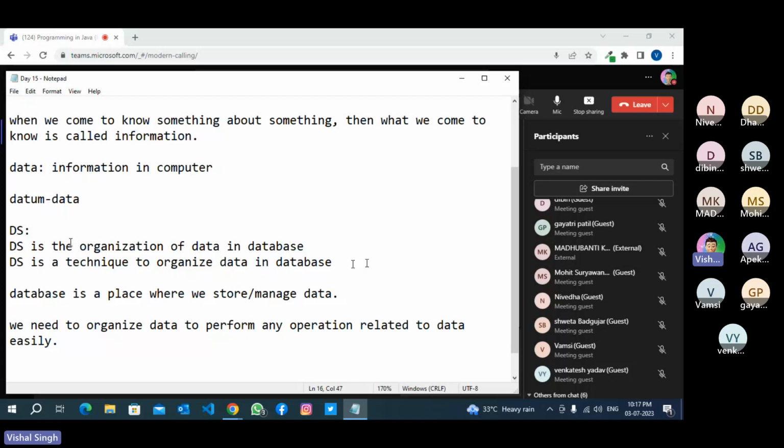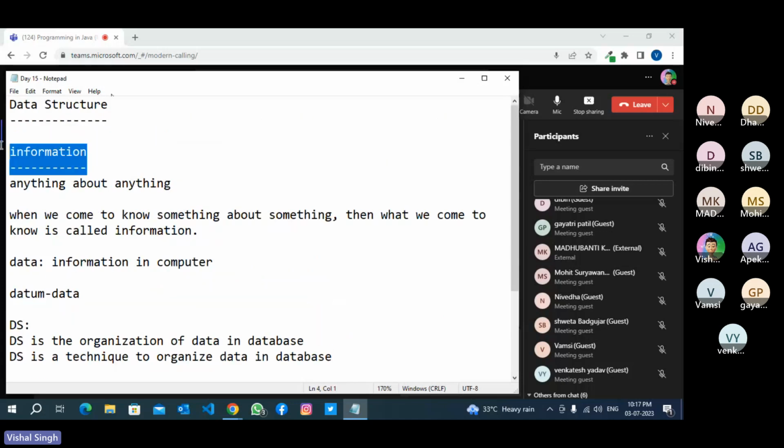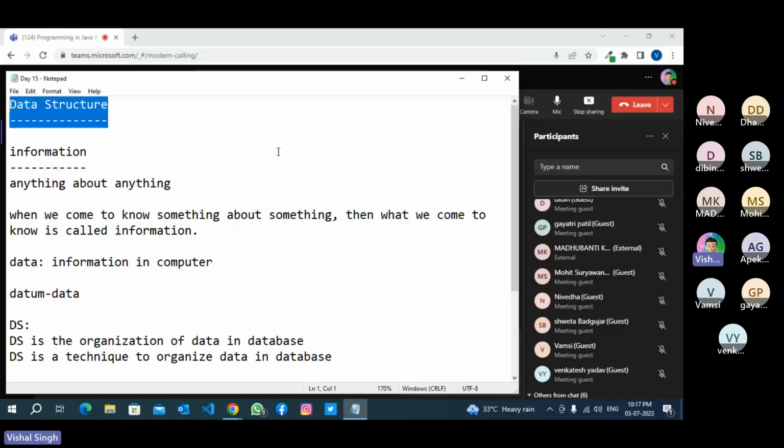This is a very important topic for any kind of application development, and data science and machine learning also, and normal Java programs. Today we will discuss predefined classes.